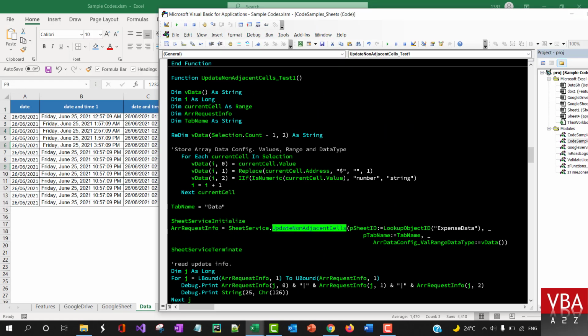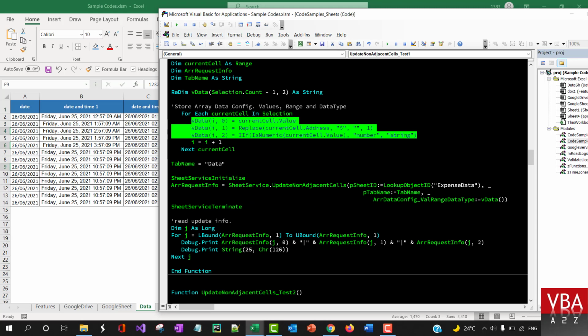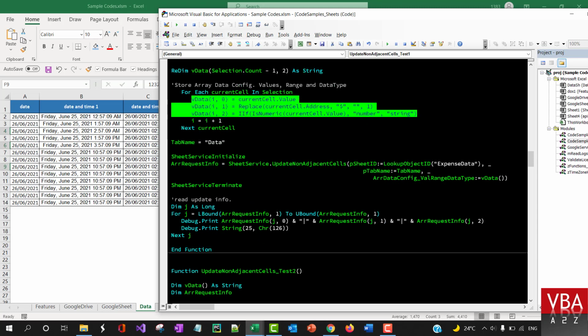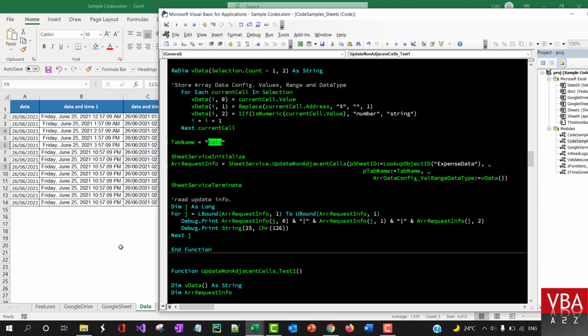So read selection.count, and then it's going to loop through each of the selection, and it's going to create this dynamic array, and then it's going to update this particular sheet. You just need to specify the tab name, and then start the service, and the service calls this method, this file, the tab name, and the data that is to be